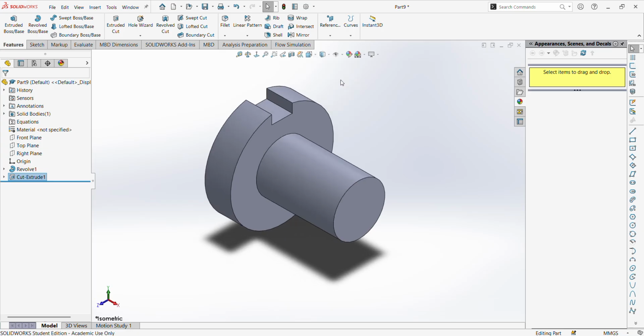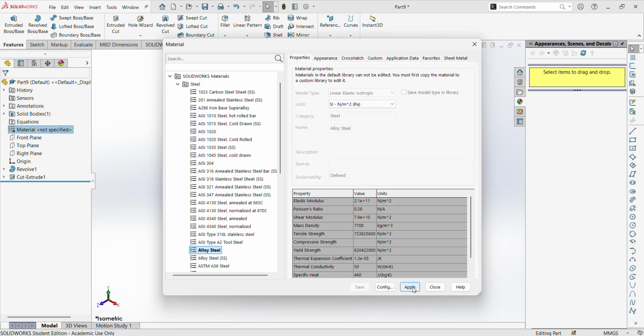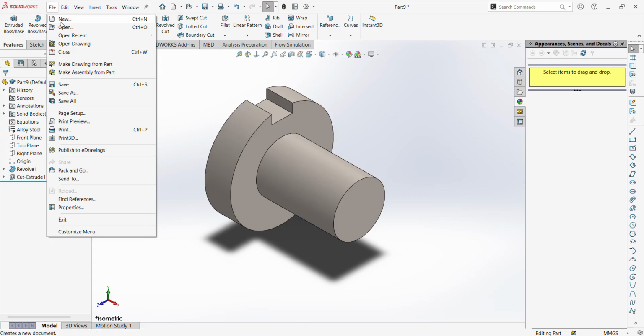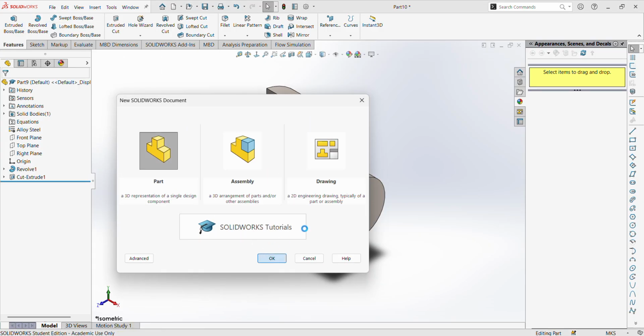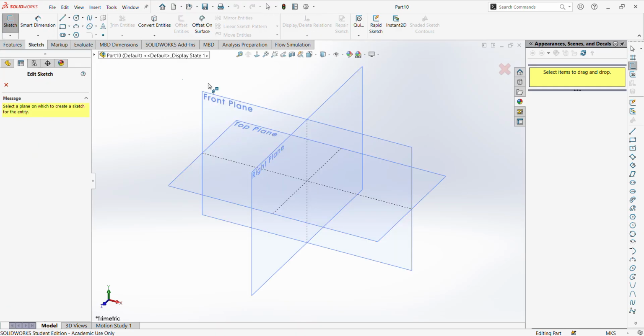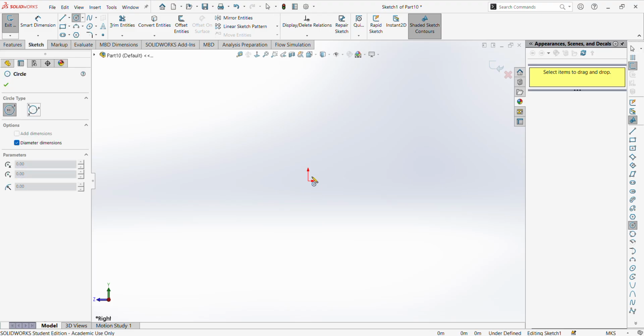Cool. Quick, easy part. Honestly, these kinds of parts are very quick and easy to see if you know what you're doing. But again, let's do this just to see how long it would take. So we're already at 5 minutes. We could probably get that in if I do it quick. For this other way, we'd be sketching on the right plane. We'd make a circle that was